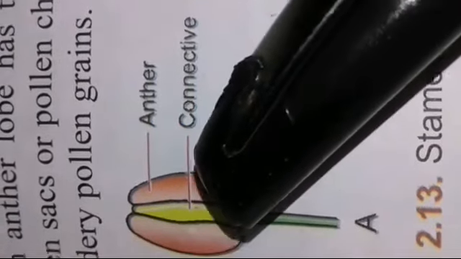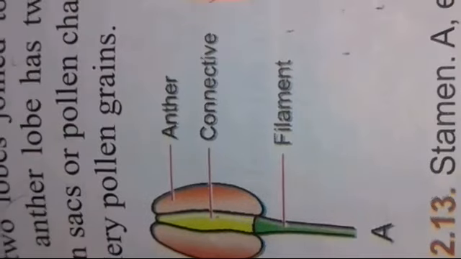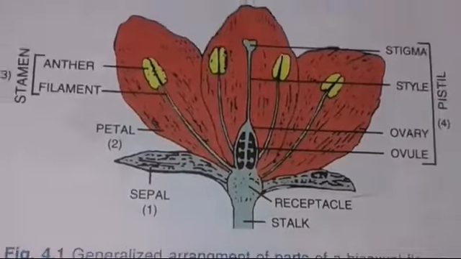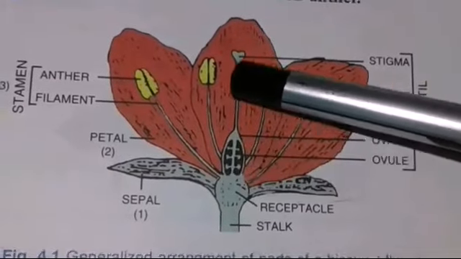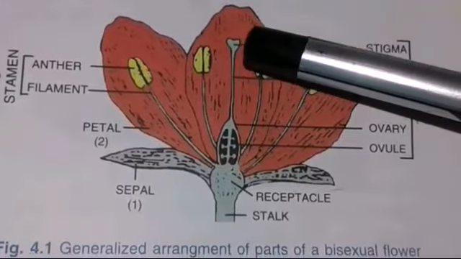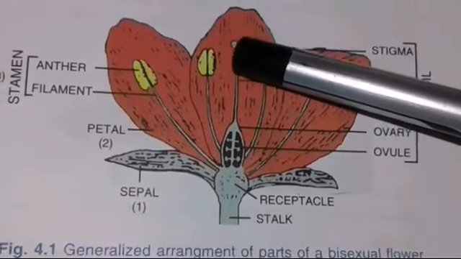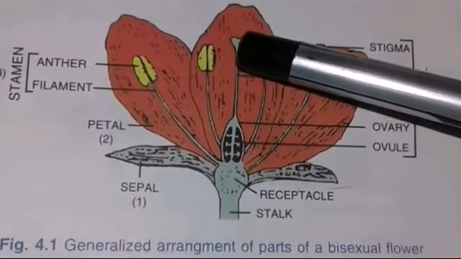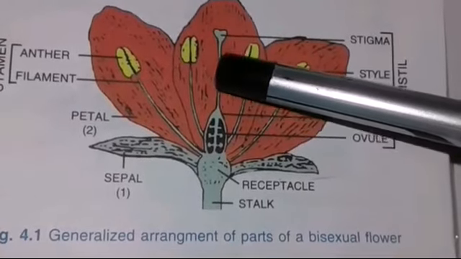Next, the innermost part of the flower is the carpel. It is also known as the pistil as well as the gynoecium. It is the female part of the flower. Further, it contains 3 main components: stigma, style and ovary. The stigma is broader and specialized to receive pollen grains. The stigma is connected to the style. The style is a narrow tubular structure which provides a passage for the pollen grain to travel inside the female part.